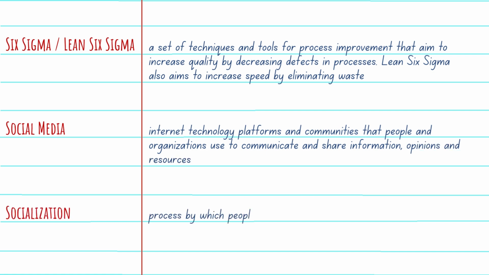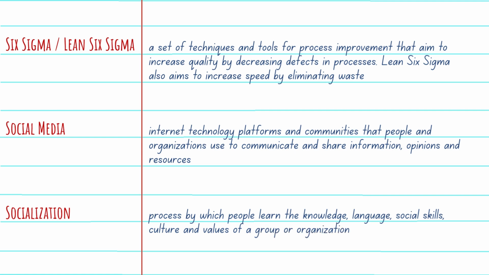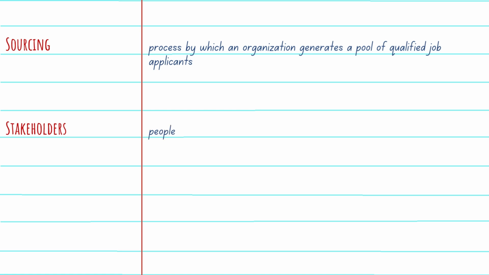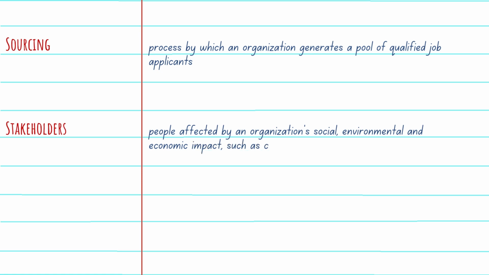Socialization, the process by which people learn the knowledge, language, social skills, culture, and values of a group or organization. Sourcing is the process by which an organization generates a pool of qualified job applicants. Stakeholders are people affected by an organization's social, environmental, and economic impact, such as customers, employees, local communities, regulators, shareholders,